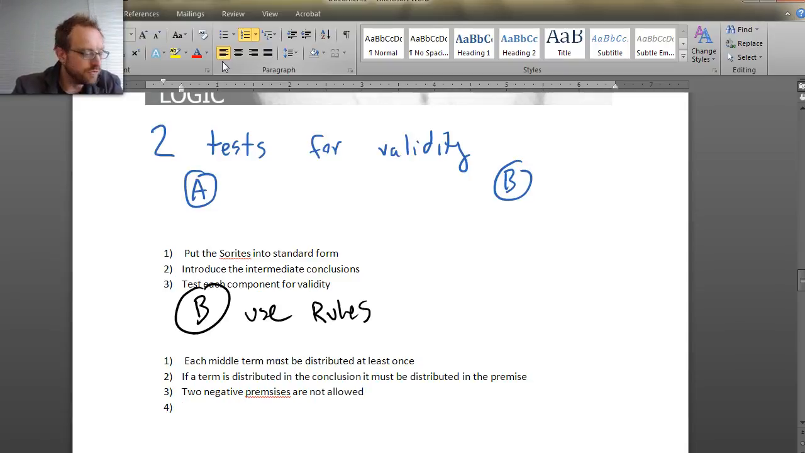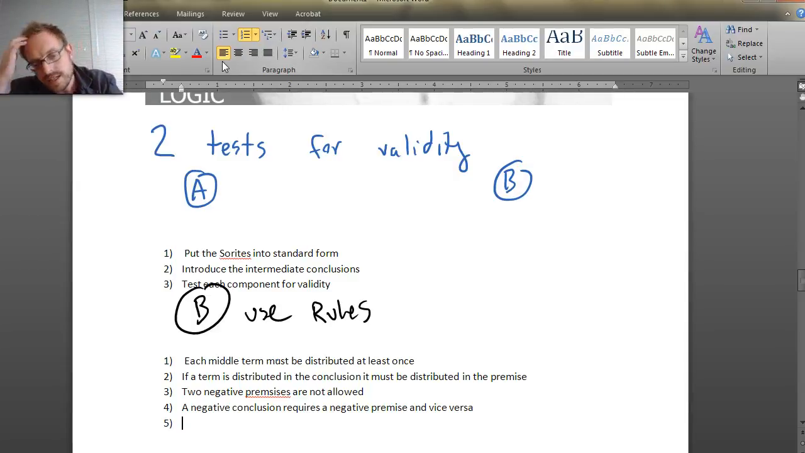And then rule 4 here is that a negative premise requires a negative conclusion, and a negative conclusion requires a negative premise. So I'll just put: a negative conclusion requires a negative premise, and vice versa. And then finally, the last one is this: if a premise is universal, the conclusion can't be particular. And this basically sounds like our old rule, right? If all the premises are universal, the conclusion